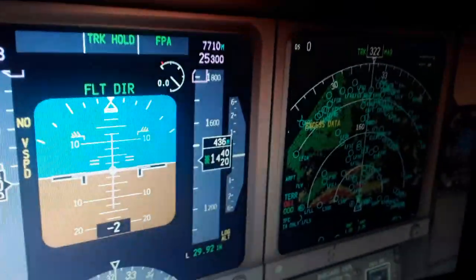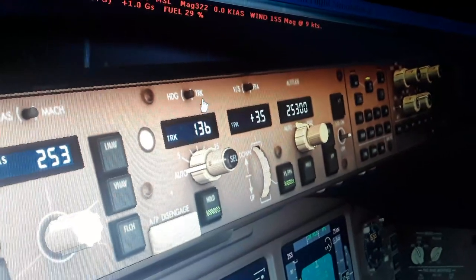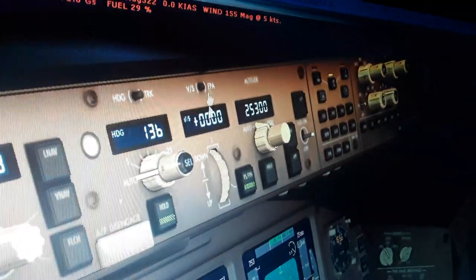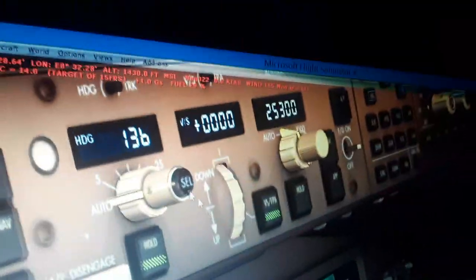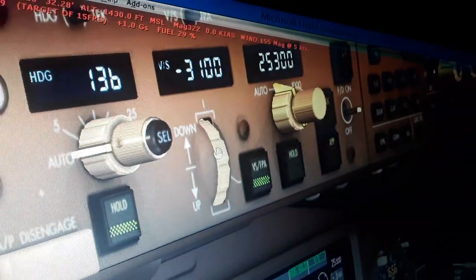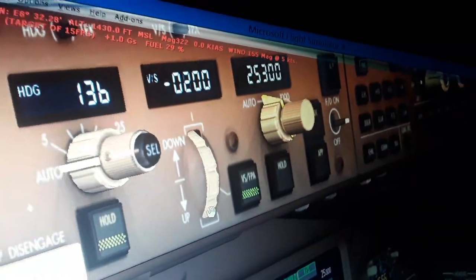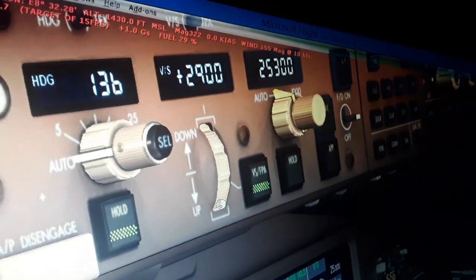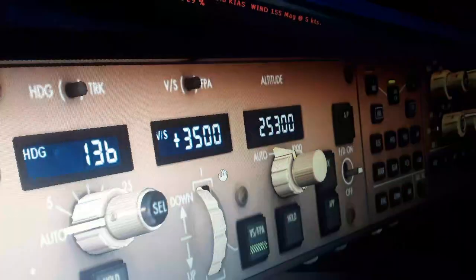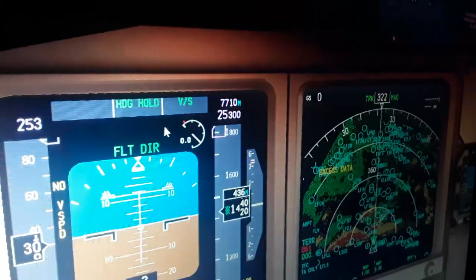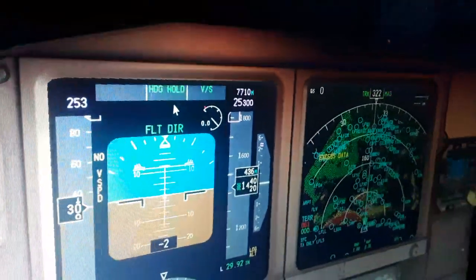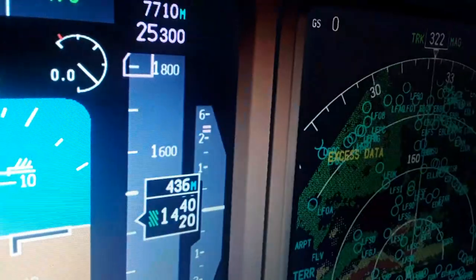With the flight director on, we can change again heading. We can change to vertical speed here in tens, thousands, or hundreds of feet per minute. So you can descend 3,000 feet per minute. You can climb 3,000 feet per minute or more. You have the arm mode for this heading also. I believe you can, yeah. So you have the VS now, and you have this indication now, this limit for the climb mode, and also this mark here is 3,000 feet per minute,